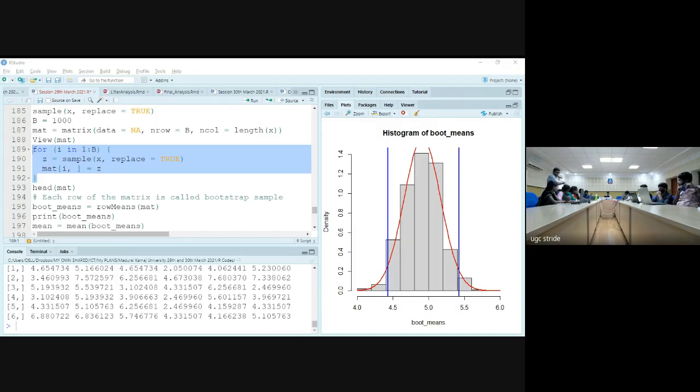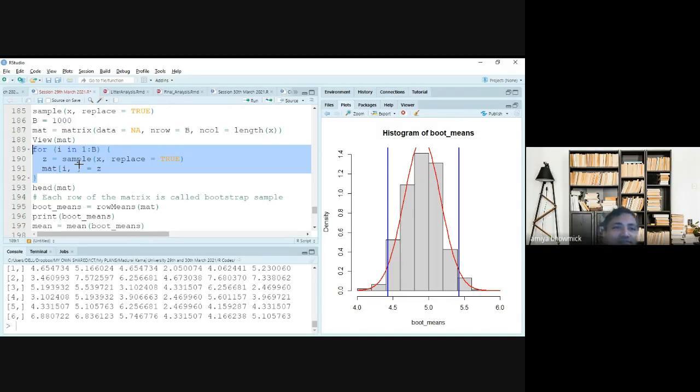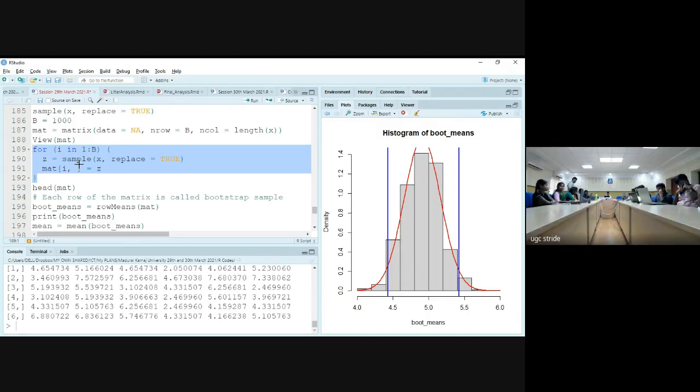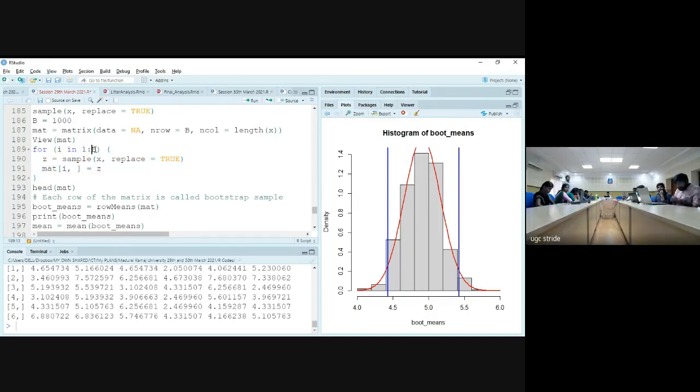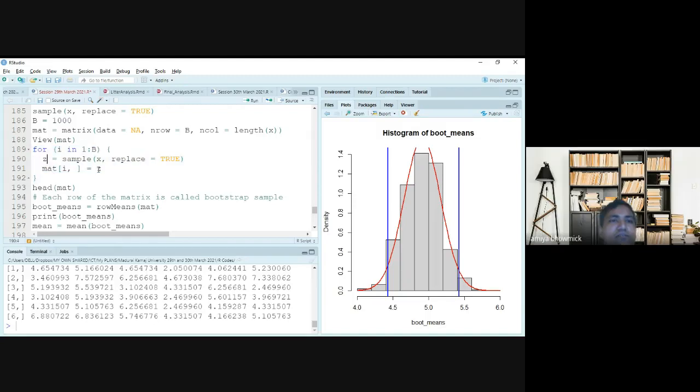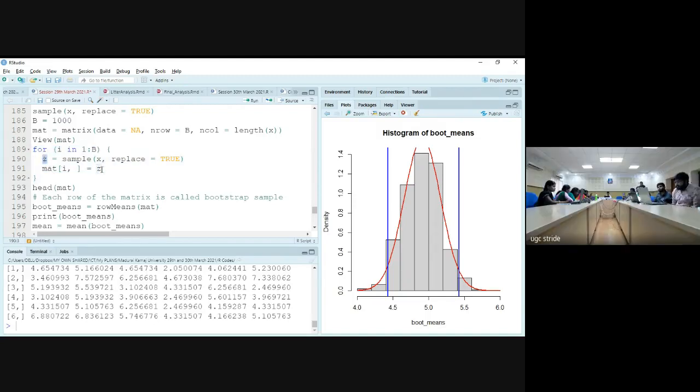But again, it's showing not accessed. So just check the spelling you gave for replace. It is small z. This is also small z. Is it coming now? Yeah.